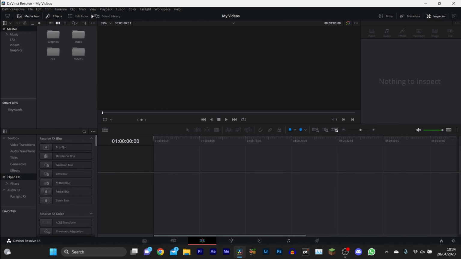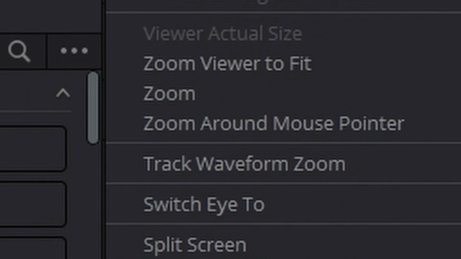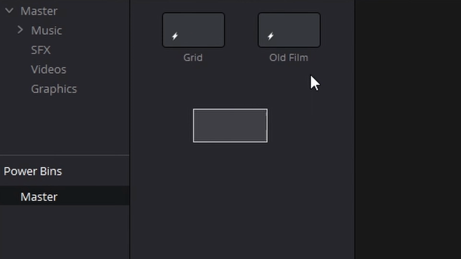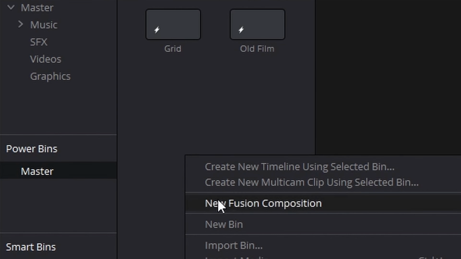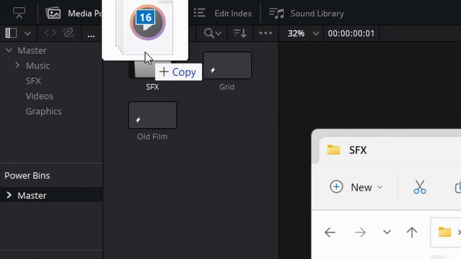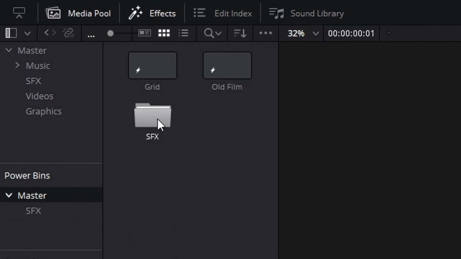What you can do is go up to View and come all the way down to Show Power Bins. And inside this power bin, you can add whatever you want. In here, you can add a new bin, call it Sound Effects. You can drag in all of the sound effects that you have,